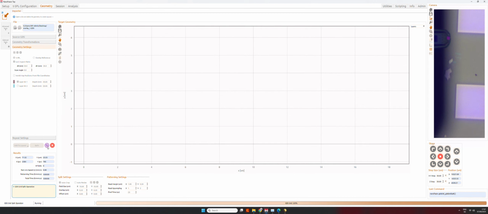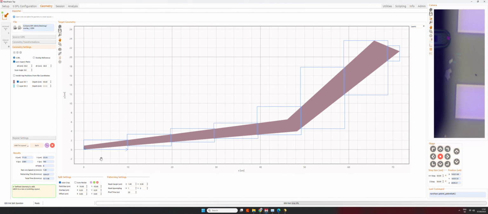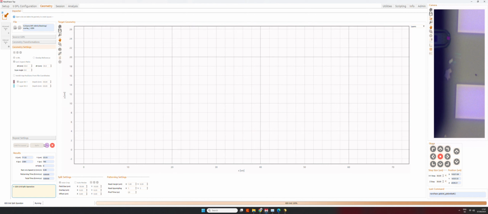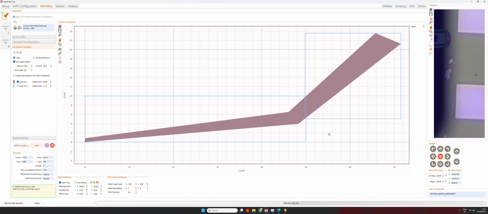So we split the geometry. We see that it's being split in multiple fields. Actually here we can resize them so that we have just a couple of fields. We can also decide to change the overlap. When we split any geometry, we have to remember that we can either make a standard stitching or an active fill stitching.